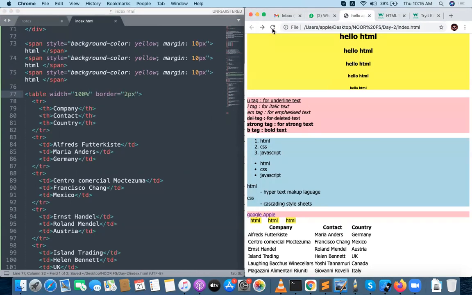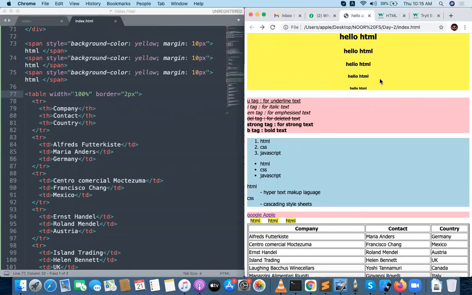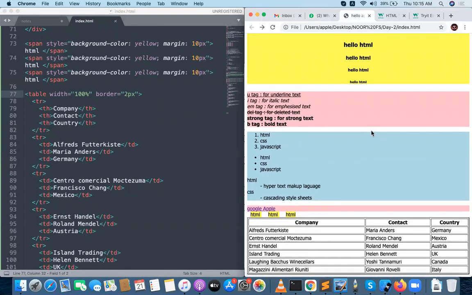Now your table looks like a table. The table has a complete border, right? Table rows are there, table columns are there, table headers are there. Table headers are th, tr is table row, td is table data.